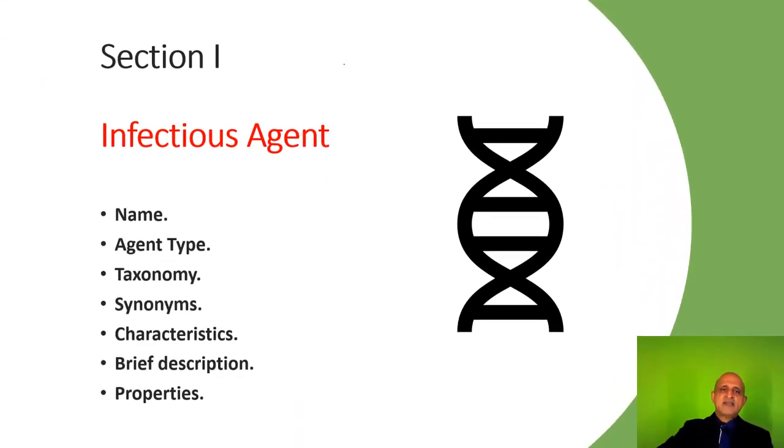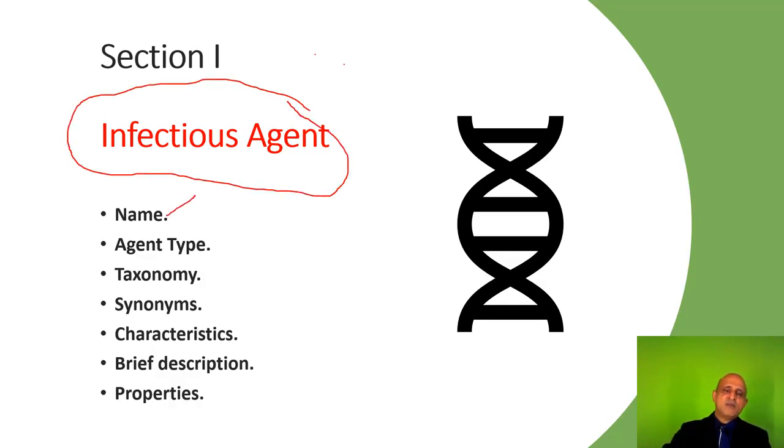Let us delve into the various sections of the PSDS, and this is the template which is utilized for the development of the PSDS. So this template can be used to develop PSDS for emerging pathogens as well as known pathogens. The first section focuses on the infectious agent itself. So we have the name, the common name, for instance, Mycobacterium tuberculosis, and you will have agent type, which is bacterium. Taxonomy will list the group it belongs to, the genus, species for scientific usage, and these are the synonyms, other commonly used names for that particular biological agent.